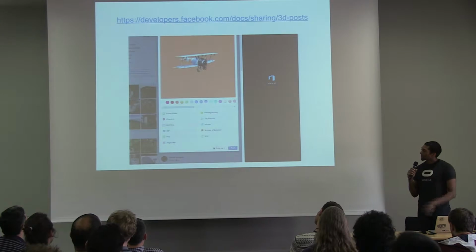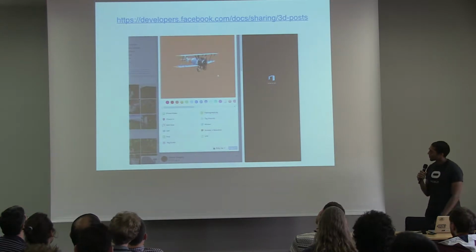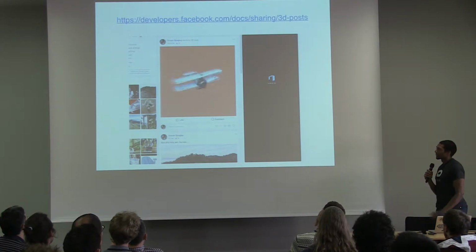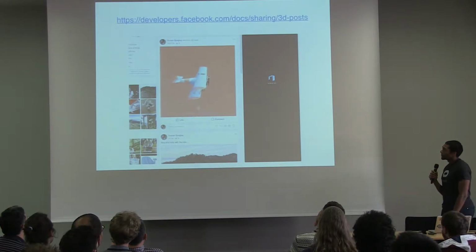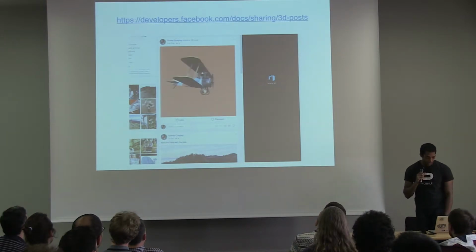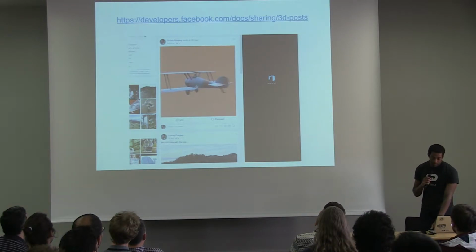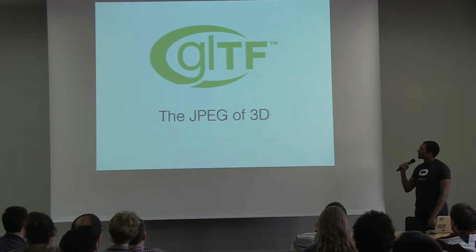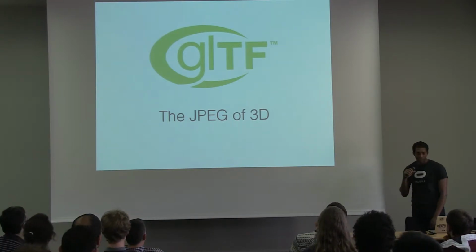You can drag and drop that onto the composer, as you saw in this video, and then it's basically exactly like an image or a video. It's a first-class citizen on Facebook, and you can set the background color and interact with it. So sharing 3D on Facebook is super easy right now, and us using glTF is a big deal for that format. So I'm going to go into the actual glTF format itself, and why we think it's the JPEG